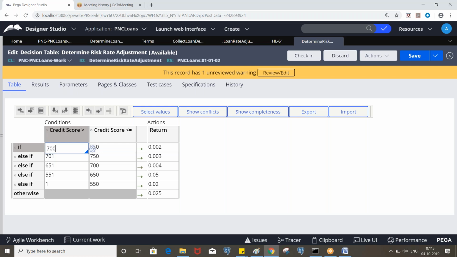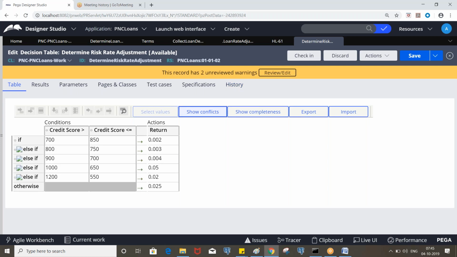Now if credit score is greater than 700, and this one greater than 800, see now, this condition has conflicts for property.